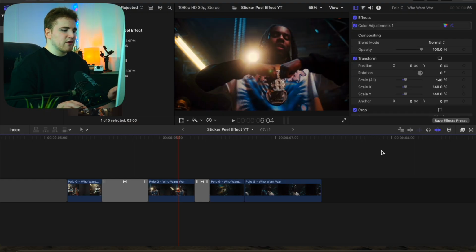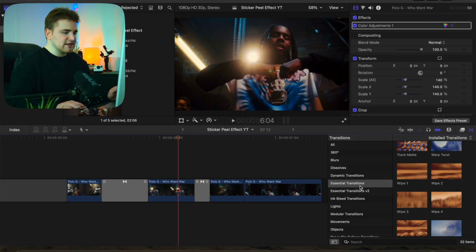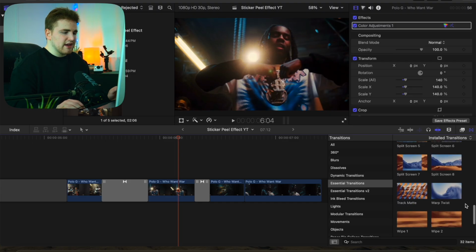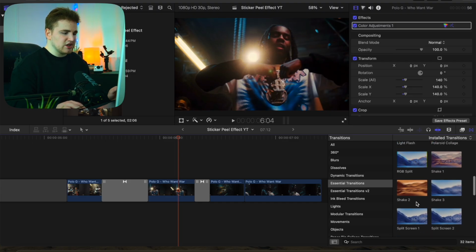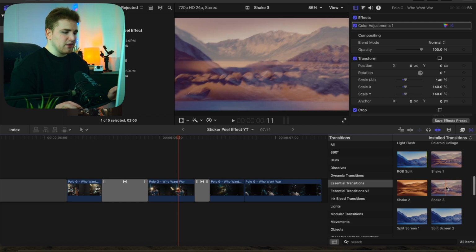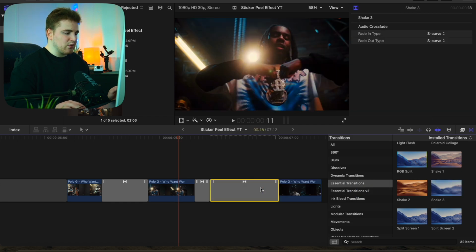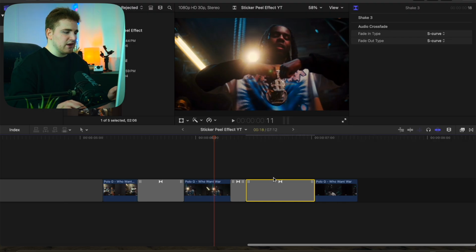Now the last one we'll go over are these really cool camera shakes. If I open the Transitions tab again, make sure I'm in the Essential Transitions V1 pack, and I scroll up, as you can see, we have 3 camera shakes. So shake 1, shake 2, and shake 3. Again, hover your playhead over and then drag it in between the cut point, and the final clip will snap into place. Now this one, if we go ahead and play it, you can see